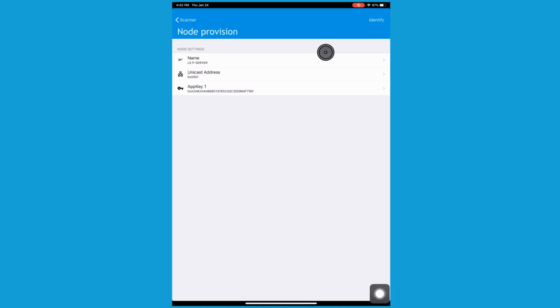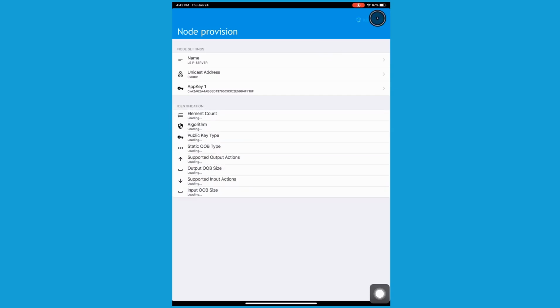At the top right, tap Identify to view additional information that is pertinent to the provisioning step. In this window, tap Provision, also located in the top right. This displays a BLE connection message in UW Terminal X, as well as some mesh state messages that show the progress of the provisioning process. When the progress bar at the bottom of the mobile device reaches 100%, the screen will change to the network